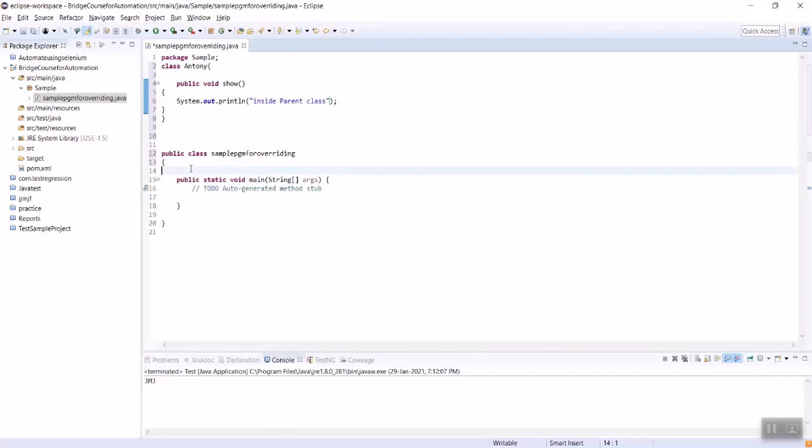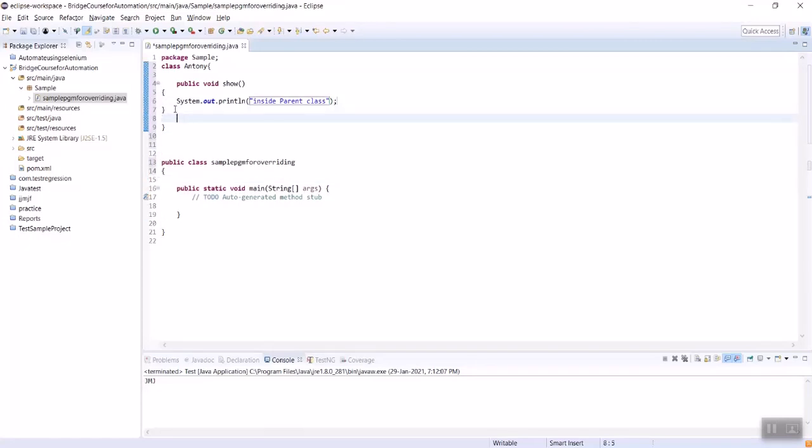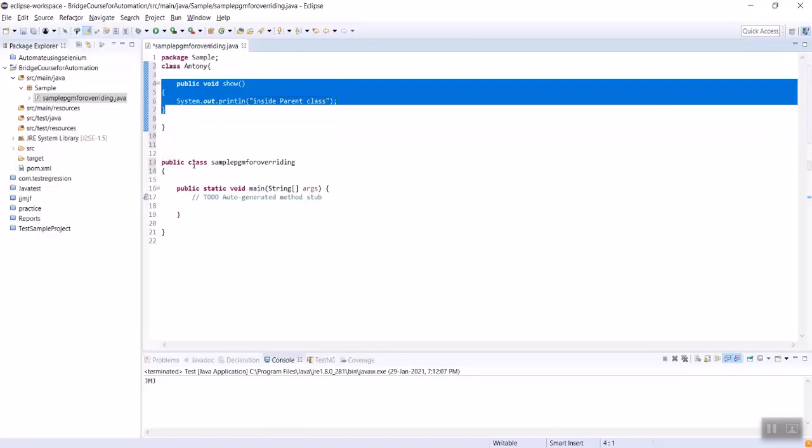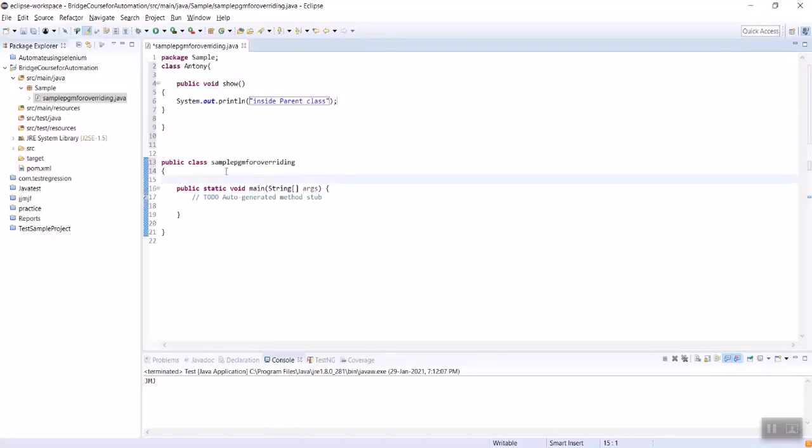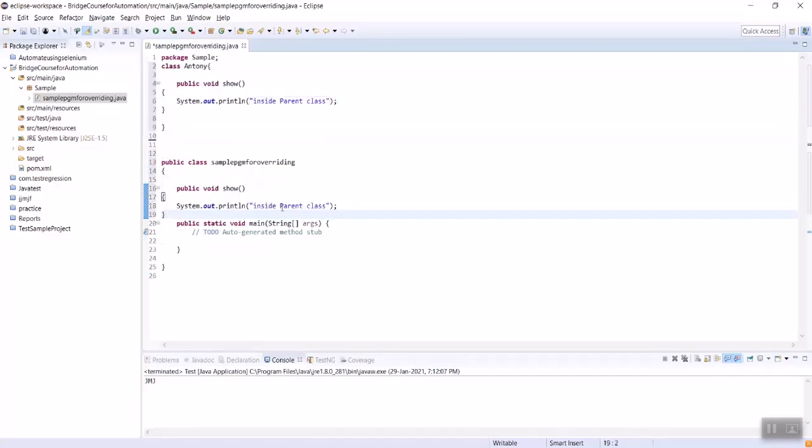Okay, this is the second class, line number 12. The same method name we can include in the second class at line number 13. So we have two classes, two methods, but the method names are the same: public void show, public void show.